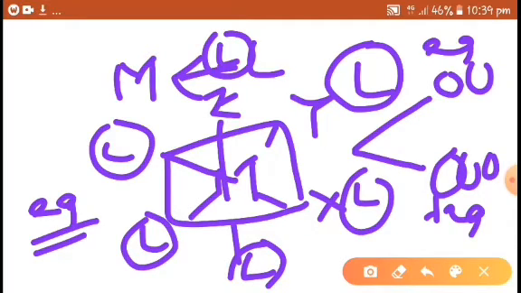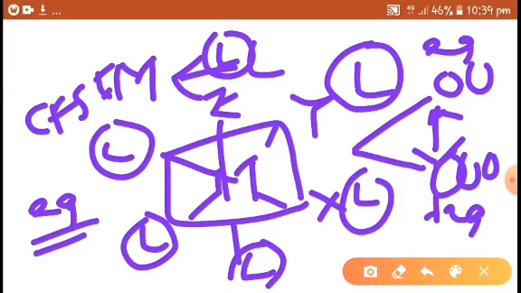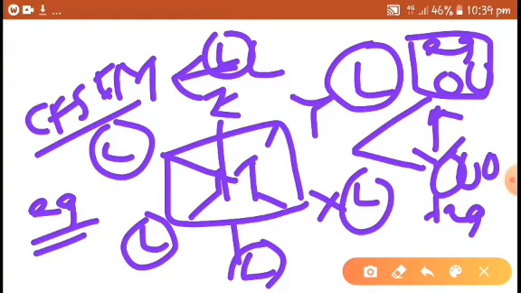Again, the energy difference between these t2g and eg orbitals in octahedral complexes is called the crystal field stabilization energy or crystal field splitting energy. What is the amount by which the energy of eg orbitals will be increased? It will be increased by 0.6 Δo, and t2g orbital energy will be decreased by 0.4.